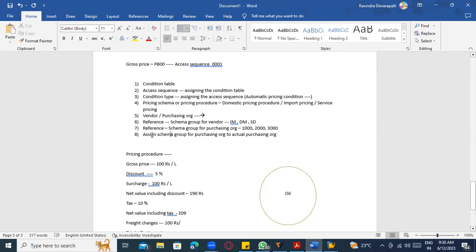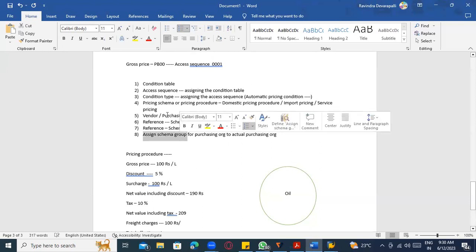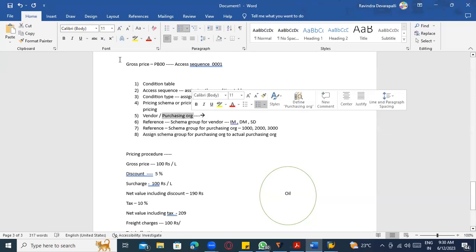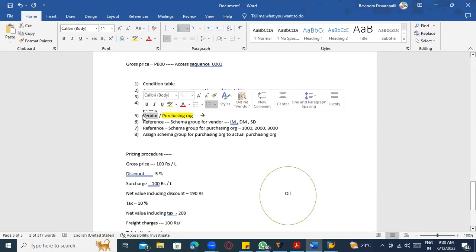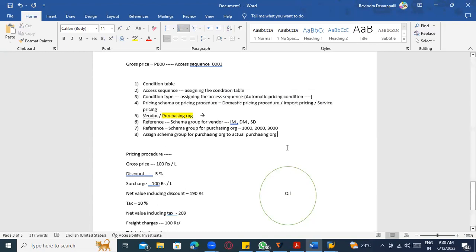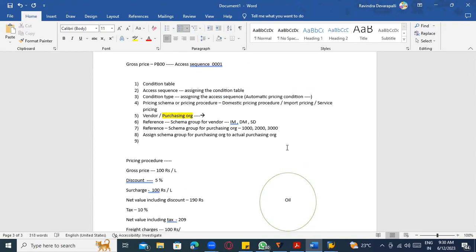Okay, so here this is already assigned, that means in this combination it is already assigned. But now this is only pending. I cannot do it every time, because there are a number of vendors. When I'm creating transactions, a number of vendors are being introduced, so I cannot go to the configuration every time and assign to the vendor. So I'm telling the system, there is a schema group for vendor plus a schema group for purchasing organization. These two combinations,